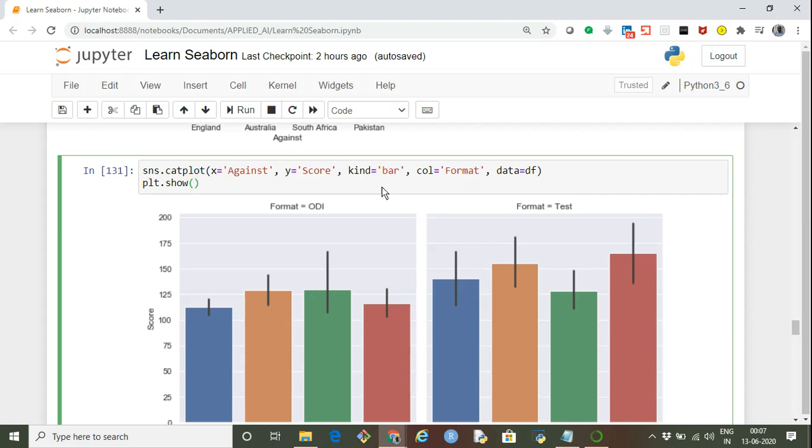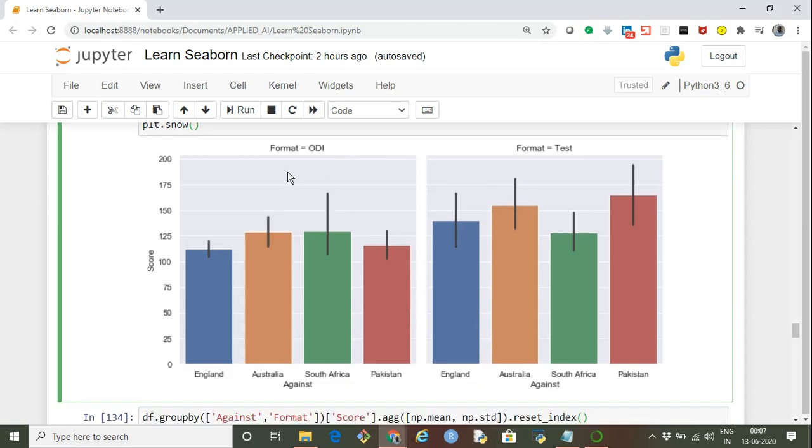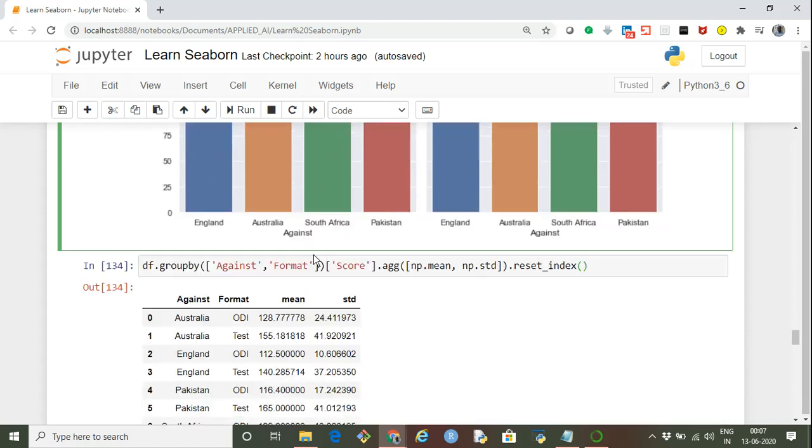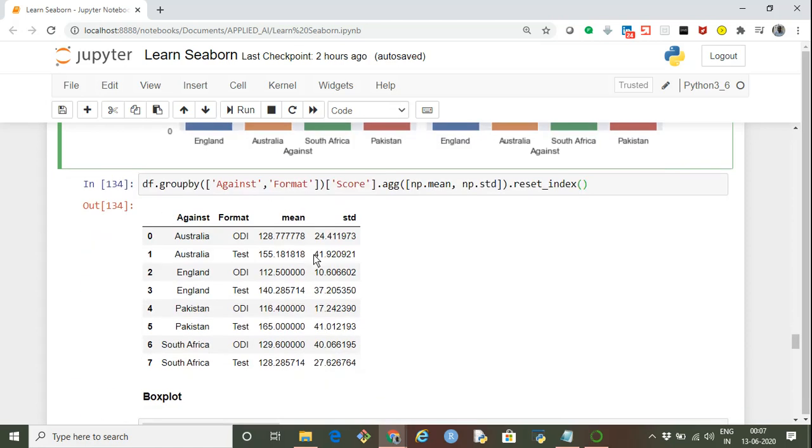It means I want two charts, one for each value of the format. So it will create one chart for the ODIs, and the other chart is for the test matches, and his average 100 plus score in each of these countries is plotted in the form of a bar plot, and this is the variation, that is the standard deviation for against each of the country.